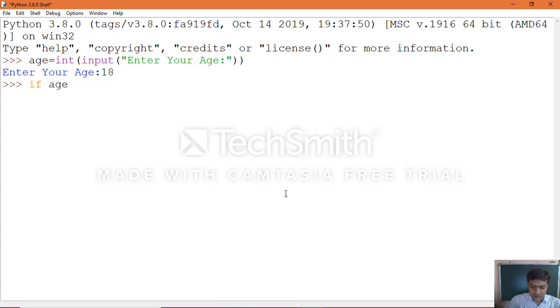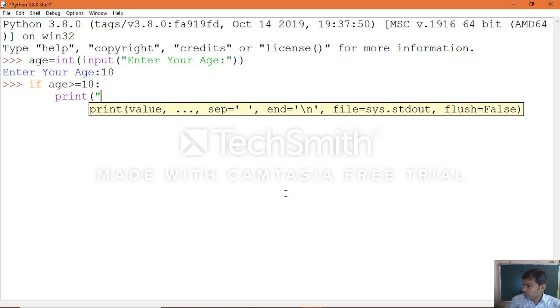If age greater than or equal to 18, then print the message, print of "You are eligible to vote".